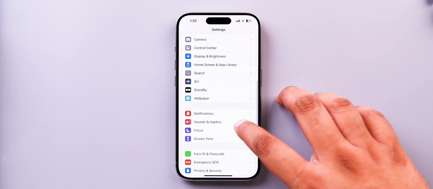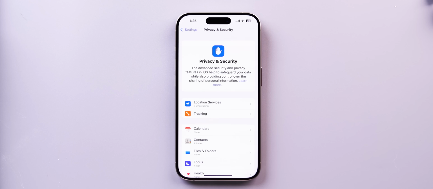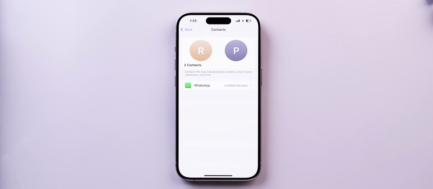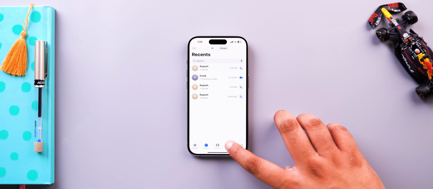Another privacy feature that arrives on iOS 18 is the ability to give apps permission to only selected contacts, just like photos, and it's pretty useful. iOS 18 also brings major updates to a lot of apps in iOS, and some apps bring features that we have been wanting for years now. So first up, and this is a big one, the phone app